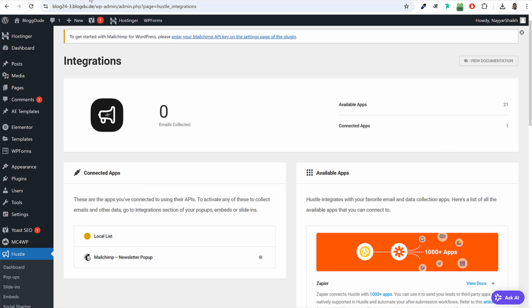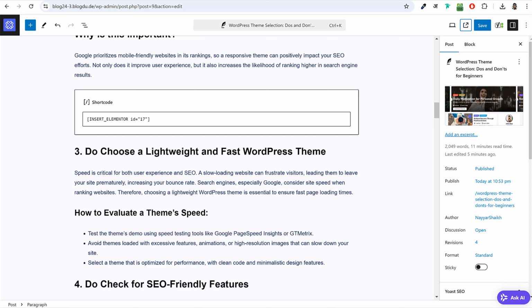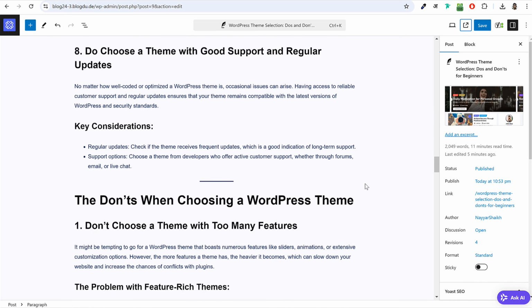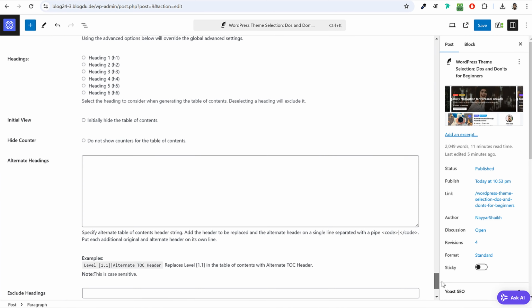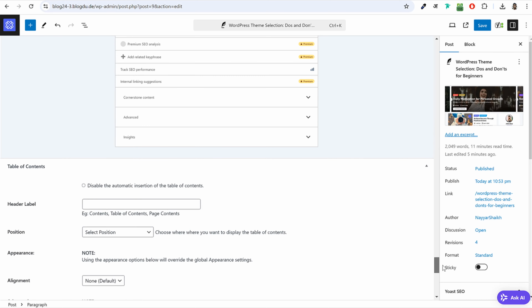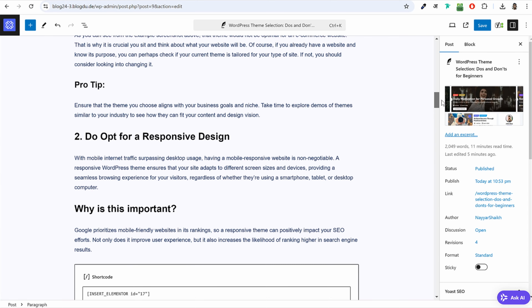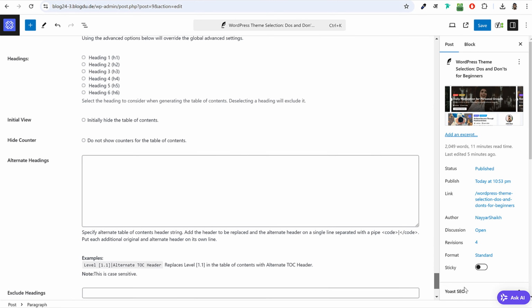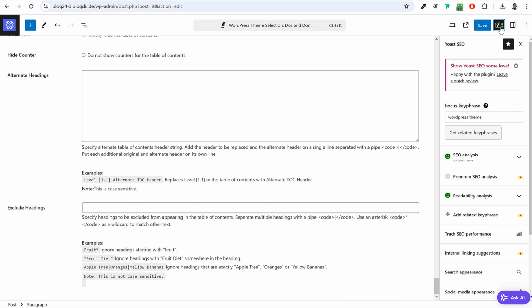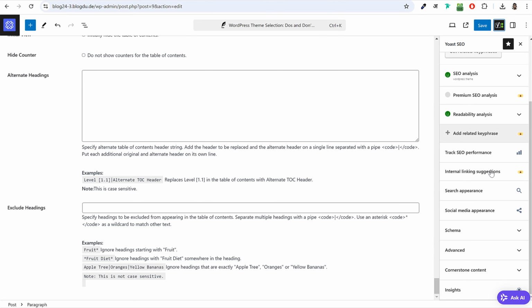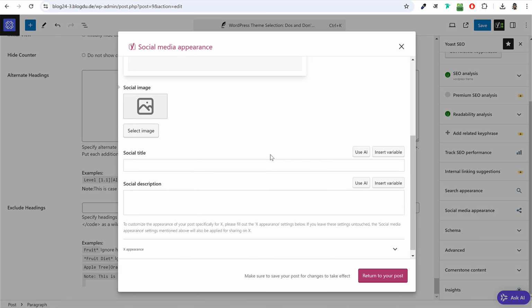For now, again, come back to your blog post. Let's very quickly finish this up. In fact, we have already finished it. We have seen how to add the conclusion and all these things. So most of the things are automatically done. Only the final step is left. If you again click on the Yoast SEO thing, only one thing is left, social media appearance. If you click on social media appearance, this is how